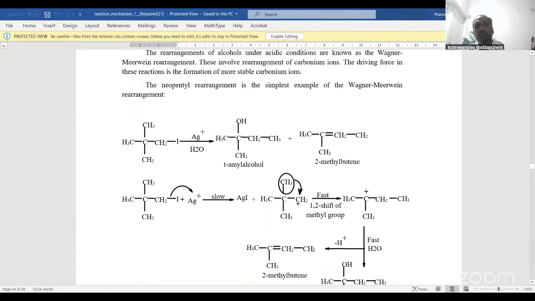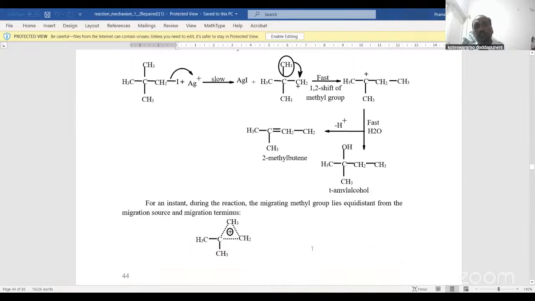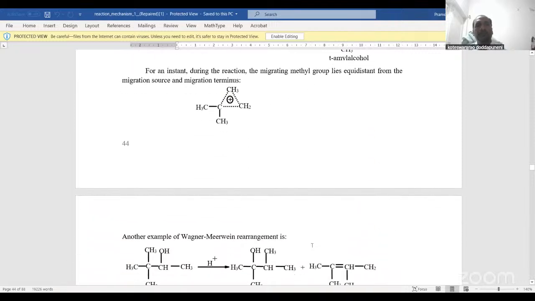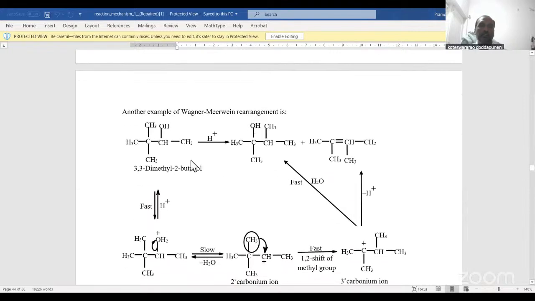The driving force for this reaction is the formation of a more stable carbocation. For instance, during the reaction, the majority of methyl groups lie equidistant from the migration source and migration terminus. For example, here you take the tertiary carbocation, or if you consider a cyclopropyl group, it is the 1,1,2-trimethyl cyclopropyl carbocation. Next, another example,